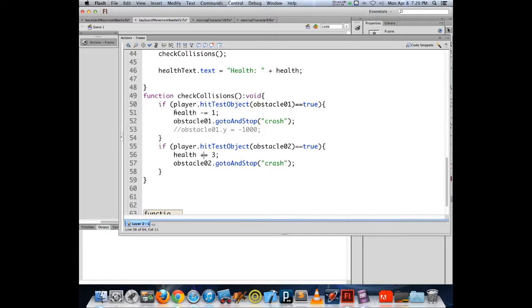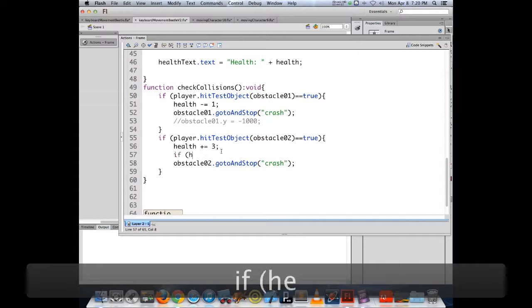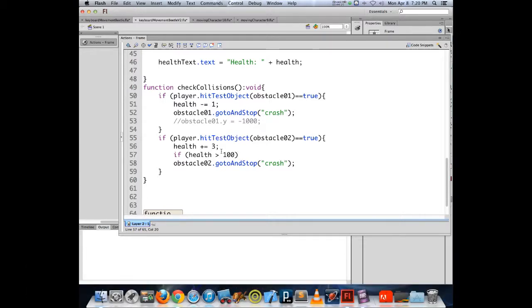So we can set a cap on the health as a way to control the game. In this one it's giving me a positive amount, this one's giving me a negative amount. So to control that, we have it going up here, we have it going down here, and if this is the only one that increases it, we could just write the code in here, and you could say if health is greater than 100, which is our max, and we could set that 100 equal to a max value,